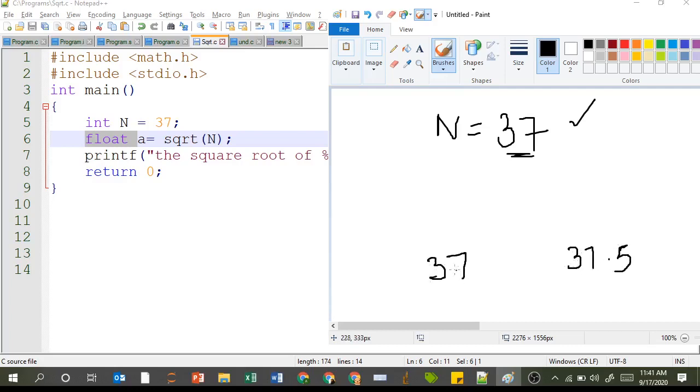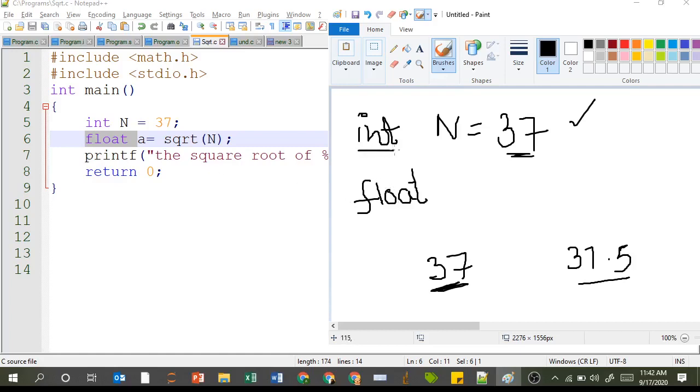In very simple terms, to represent an integer number you use int, and to represent a float or real number you use another data type in C called float. I'll discuss all these parts in detail in coming videos, but right now, just to make this example clear, I'm giving you a small gist of it.